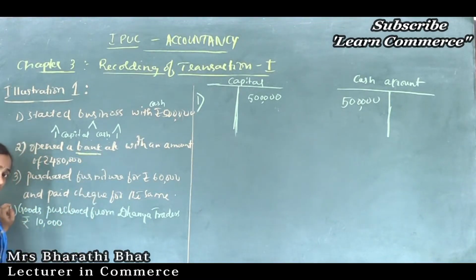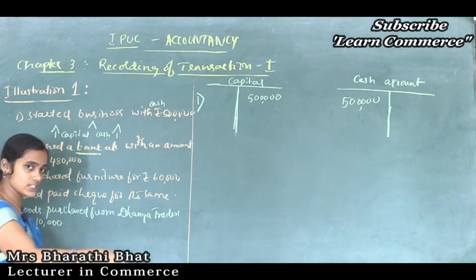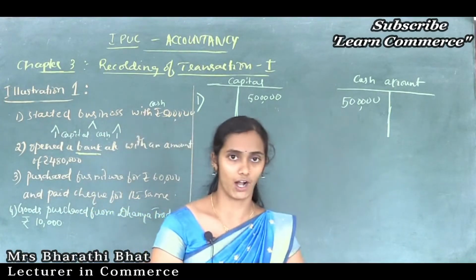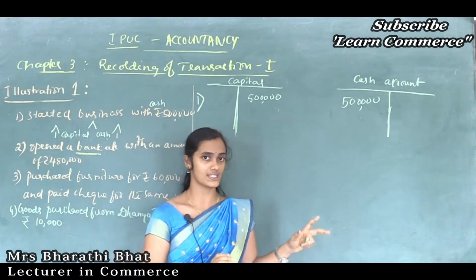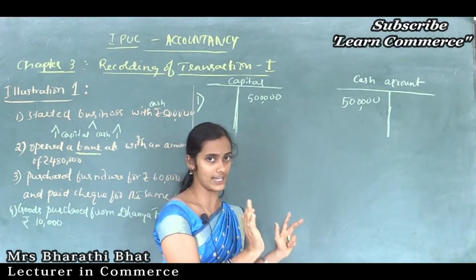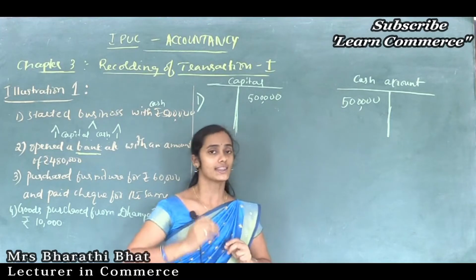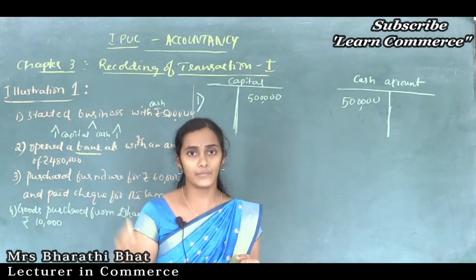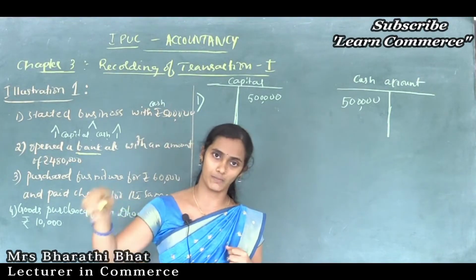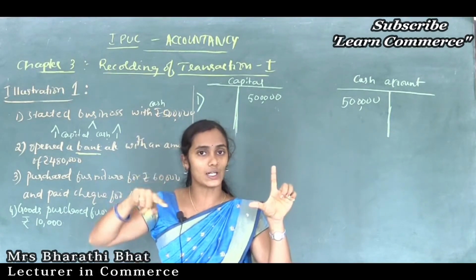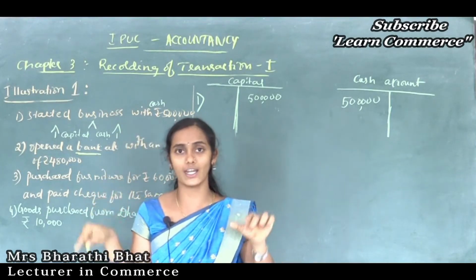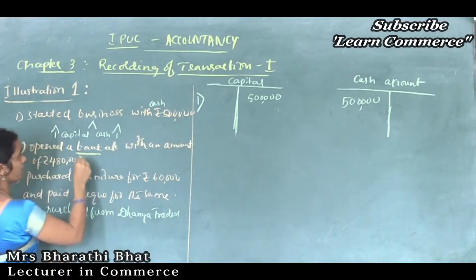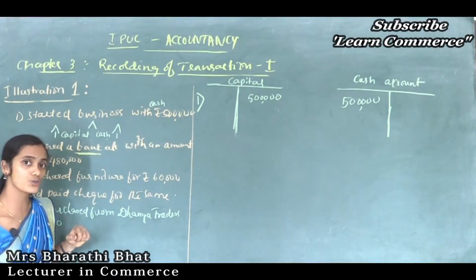So just analyze, to invest or deposit any amount into a bank. Say for example, I have a bank account and in that I have only 10,000 rupees. My savings bank account shows a total of 10,000 rupees. Now say I am depositing 50,000 rupees into my account. So 10,000 increases to 60,000 because 50,000 is deposited to my account, right? So here the bank account shows an increase.